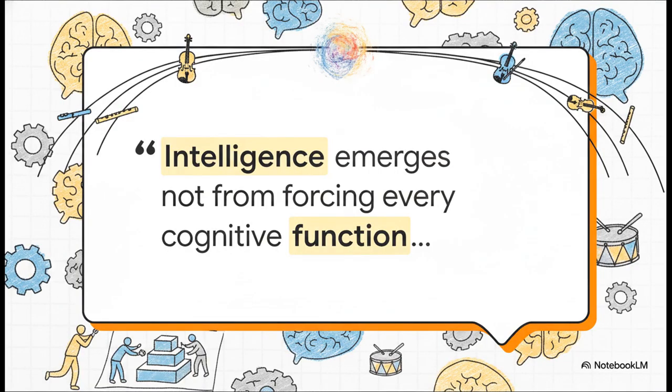I want to leave you with this final, provocative thought straight from the proposal. Intelligence emerges not from forcing every cognitive function through a single computational engine, but from coordinating specialized forms of computation. If that's true, the future of AI isn't just about scaling up one giant brain. It's about building a beautifully coordinated orchestra. Will this tiered approach become the definitive standard for cognitive systems? Well, that's an empirical question, but it absolutely redefines how we should be